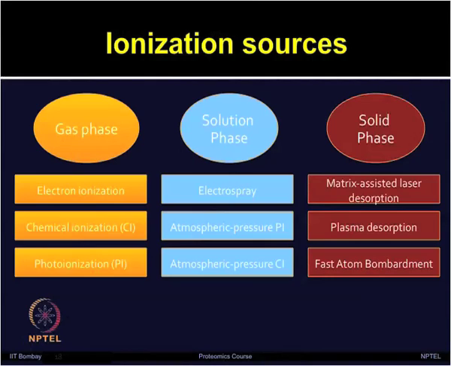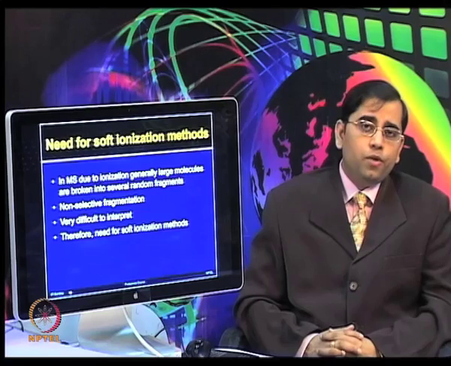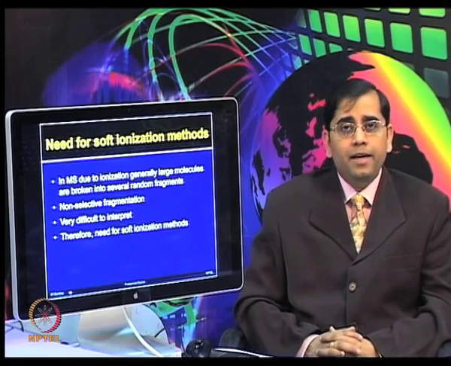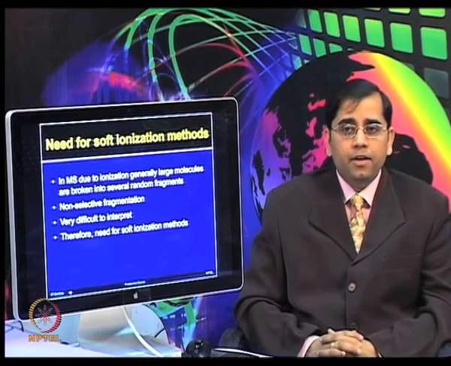With solid phase, MALDI, or matrix-assisted laser desorption ionization, and plasma desorption are the more commonly used solid phase ionization sources. The traditional ionization sources used for small molecule chemical applications relied on chemical or electron ionization,